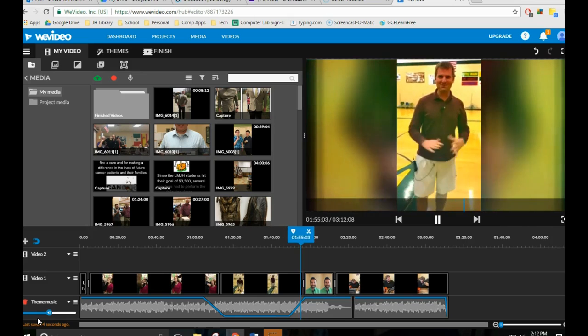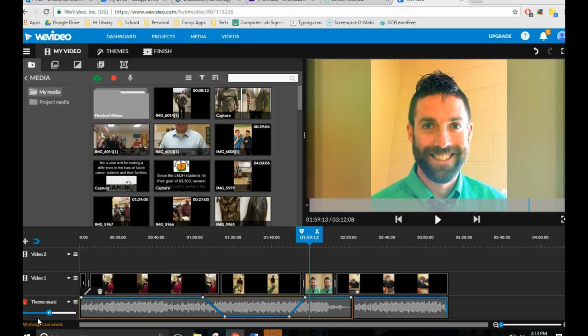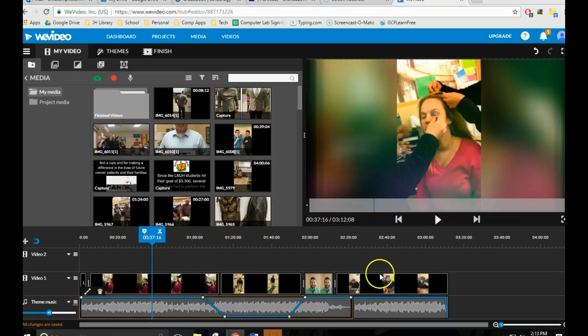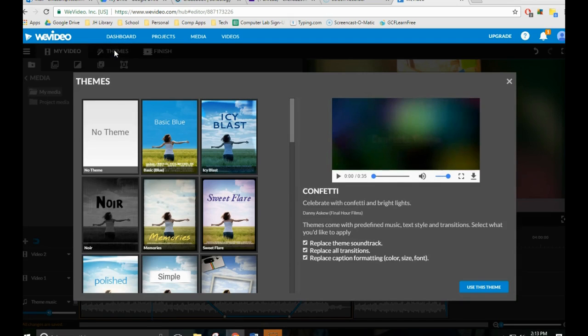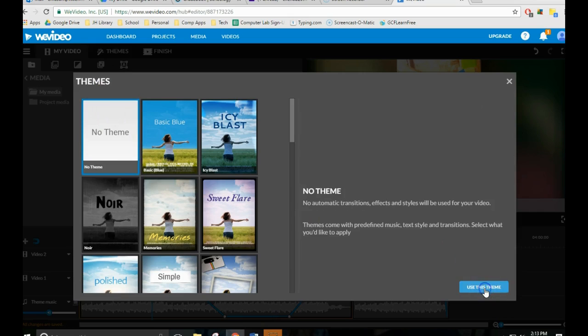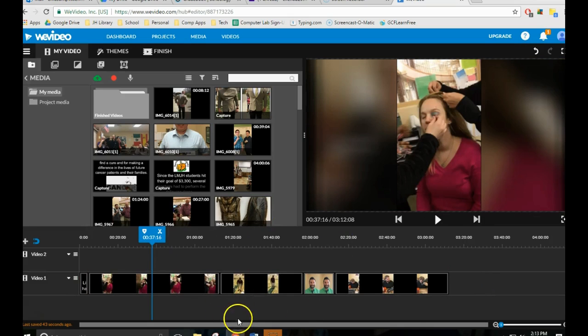All right, clean floor. Okay, the last thing I want to talk to you about real quick is when you choose a theme. Unfortunately, I haven't figured this out yet, so if anyone else has, feel free to leave me a note about this. There have been times where I needed to delete a transition for a reason. So when I deleted it, I couldn't find the same exact transition to put back into my slideshow. So there are times where I've added in lots of clips and I just needed to restart the theme altogether. So if that's the case, it might be helpful to just go up here and pick no theme. Hit use that theme, it'll take it away, and then once you've done all your edits